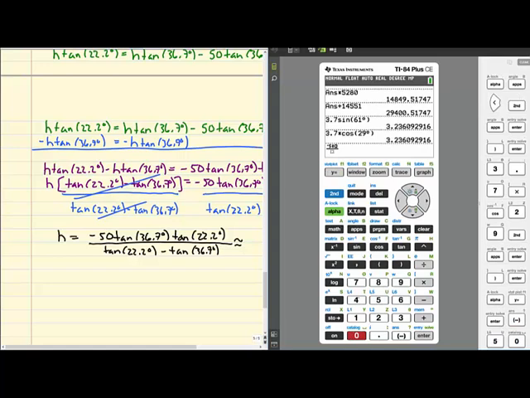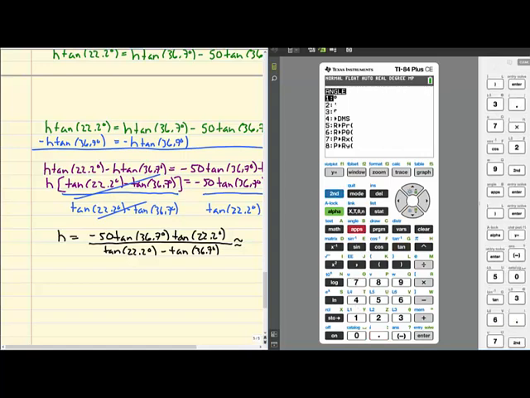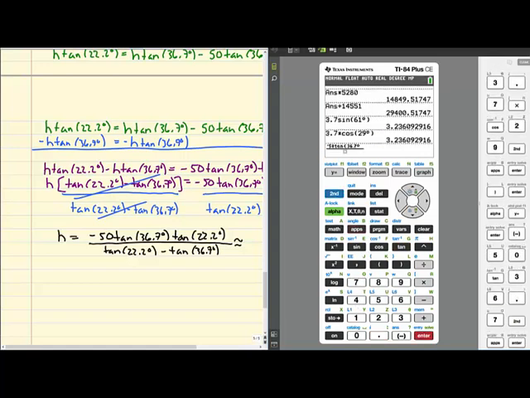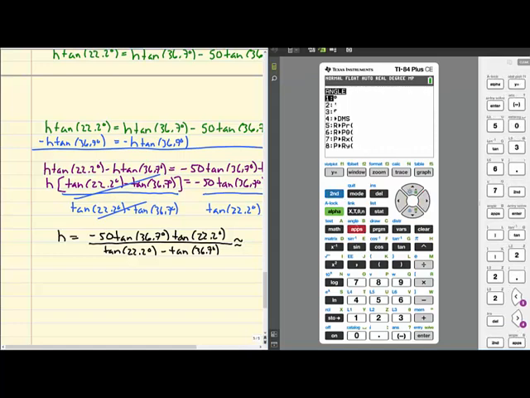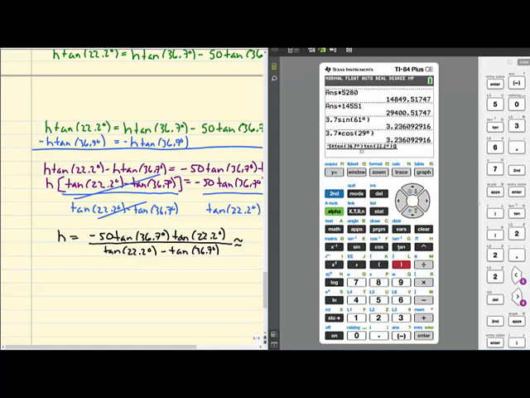So I have a negative 50 tangent 36.7. And again, I'm going to put degrees in there even though I don't have to because I can see I'm in degrees up here. It just serves as a reminder for me. Tangent 22.2. Again, I'm going to get rid of that extra parenthesis. It wasn't hurting anything, but I'm going to insert that degree, close parenthesis, arrow down, and then I have tangent